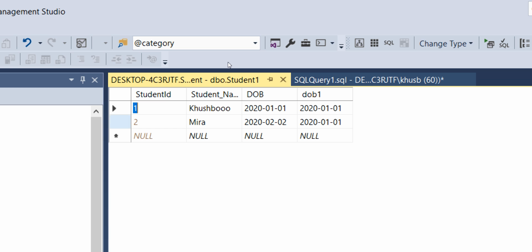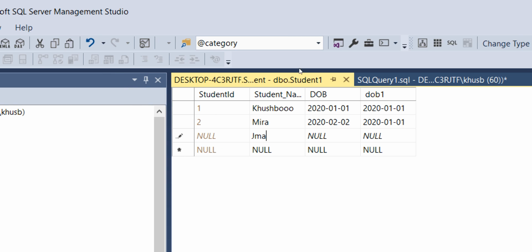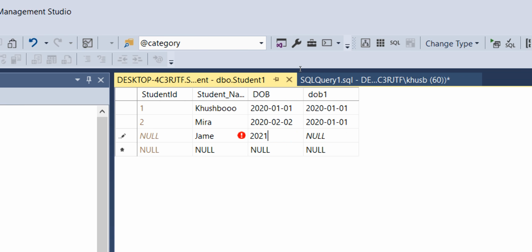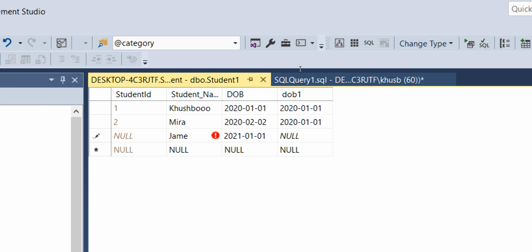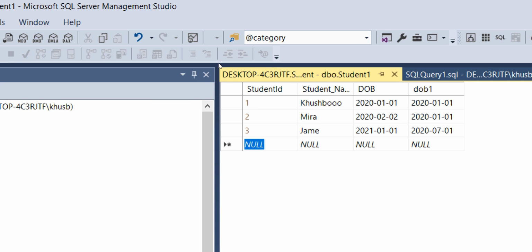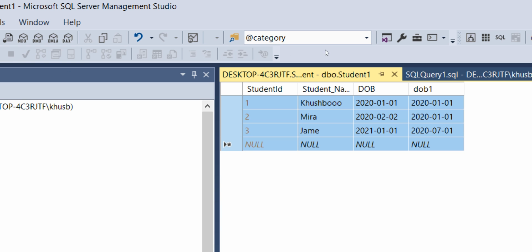So here you go. We have a student ID with an auto incremented value. So we have set auto increment to start with 1, so it is always going to increment by 1. Let's add one more row. So this one should have an ID of 3, right? Here you go. You have a student ID of 3. So this is a newly created table and we have added some data, right?